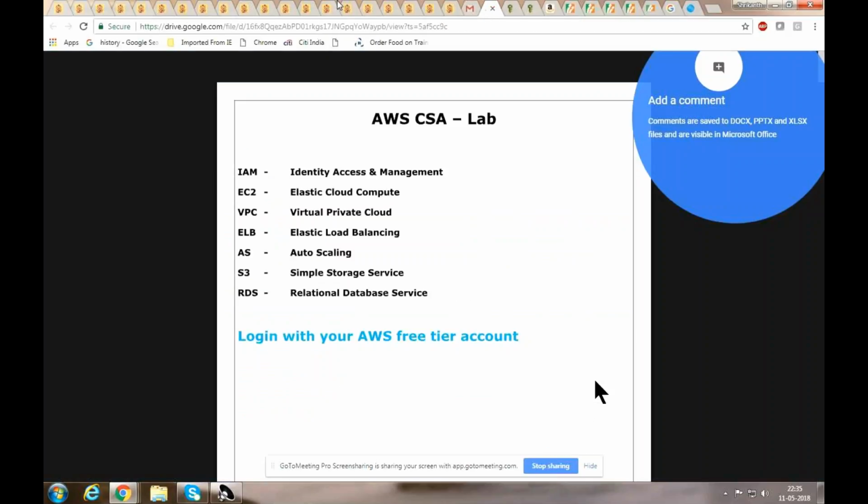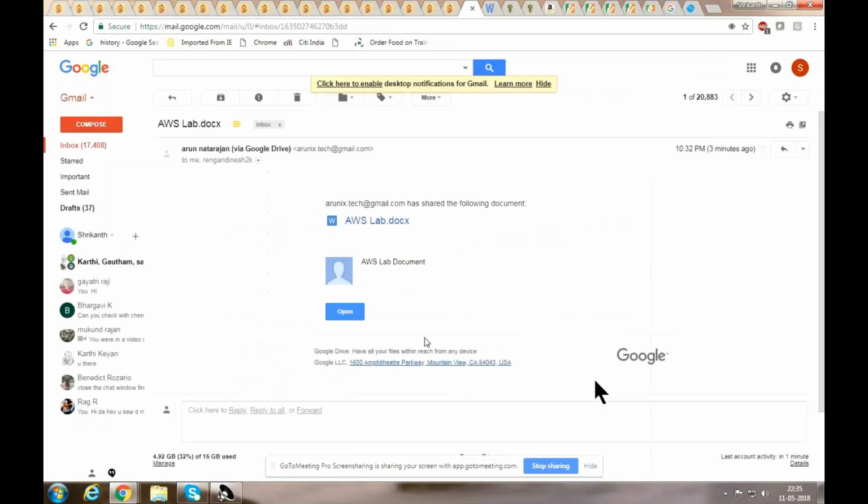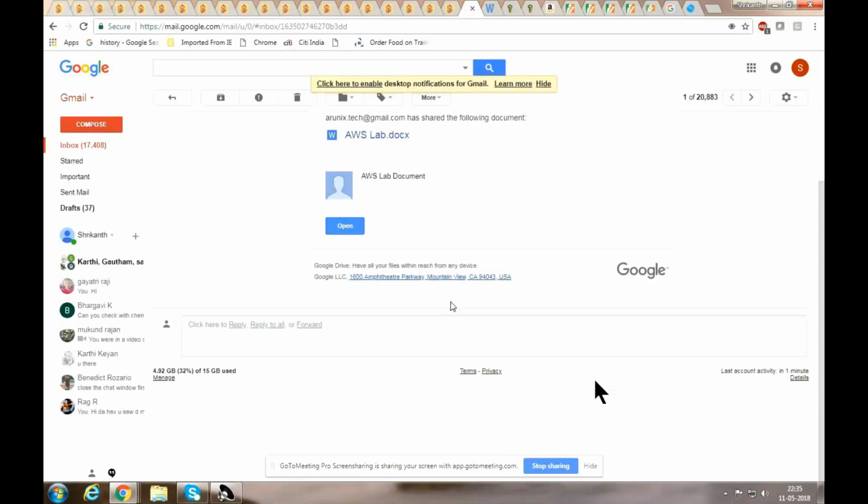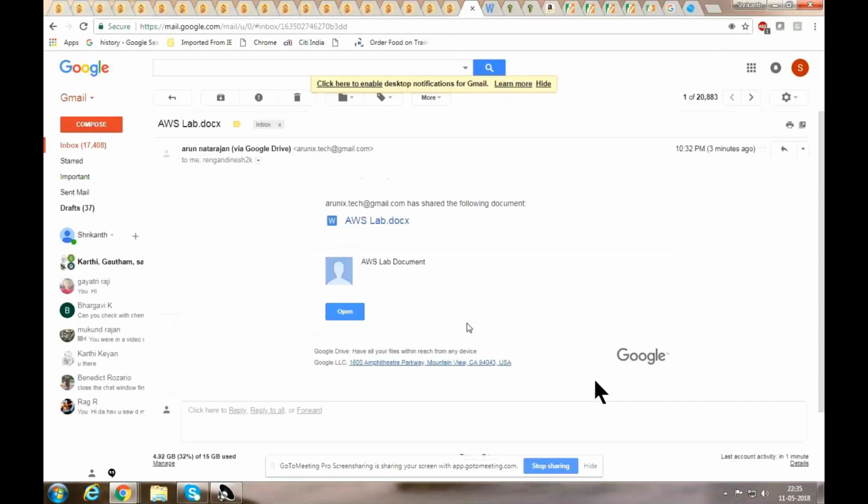Yeah, download it, save it locally. I don't have any option to download here, I'm just able to open the document directly.